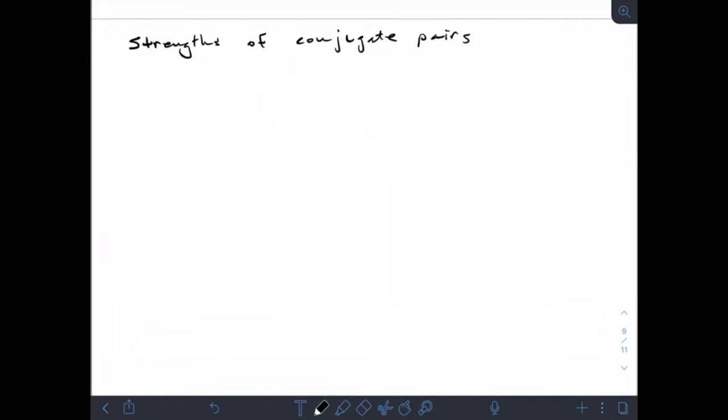In this video, we're going to talk about relative strengths of conjugate pairs and the effects of salt solutions on pH. So let's get going with the conjugate pairs situation. Identifying conjugate acid and conjugate base from one or the other is a necessary tool in this chapter. So let's take a look at a reaction with a weak acid with water. The quintessential weak acid in most examples is acetic acid